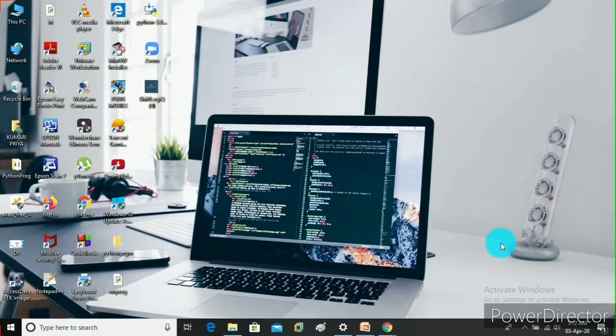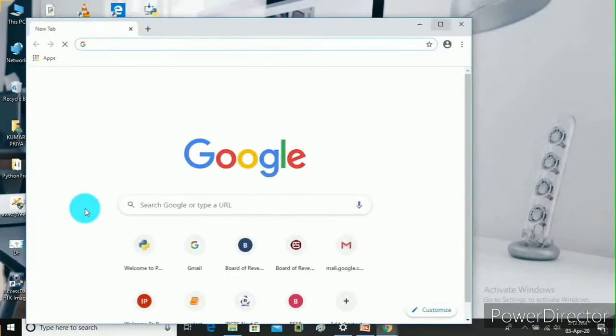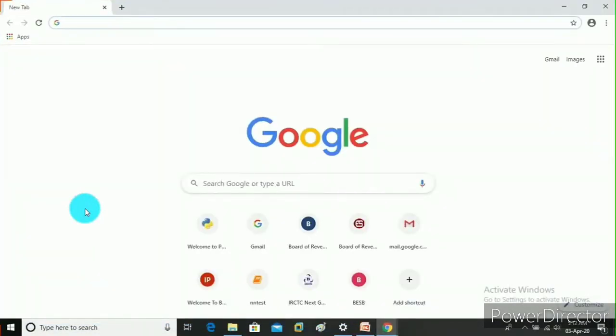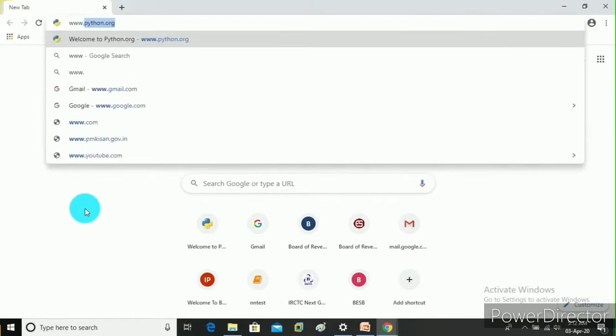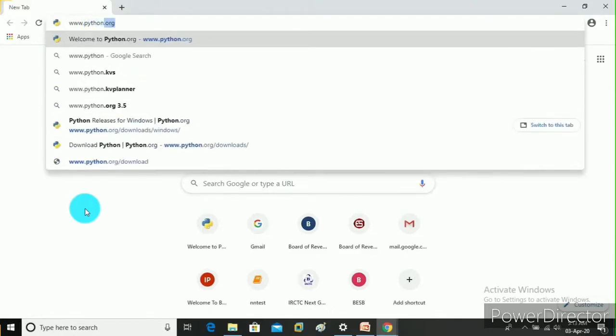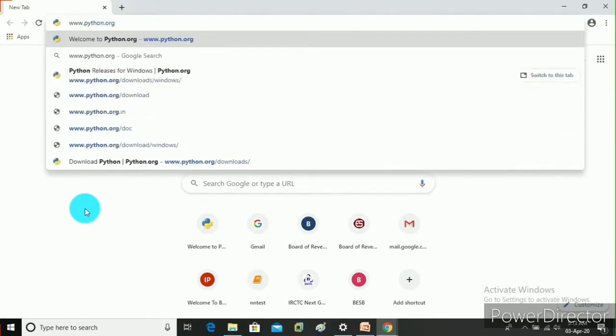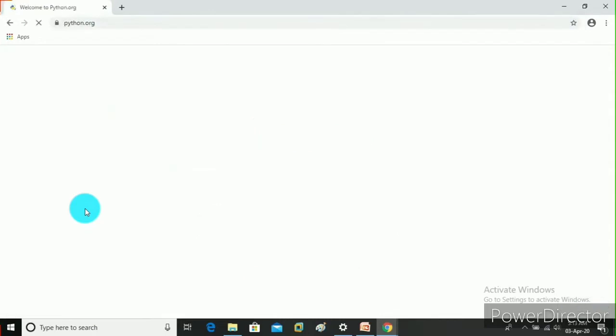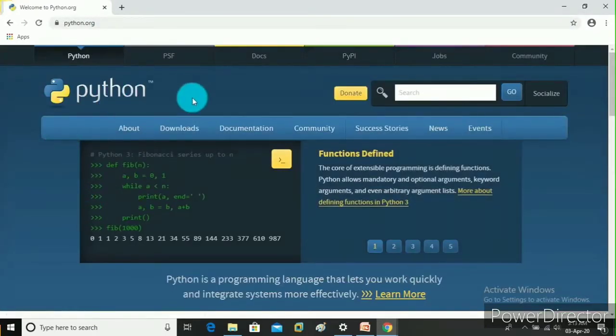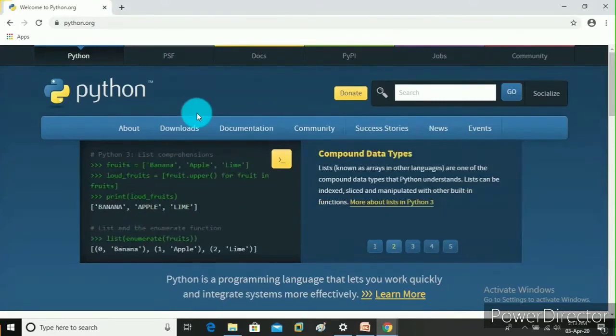So first of all, you need to open your web browser, then just type www.python.org and hit enter. Alright, now you have to just place your mouse on downloads and then select appropriate platform according to your system.